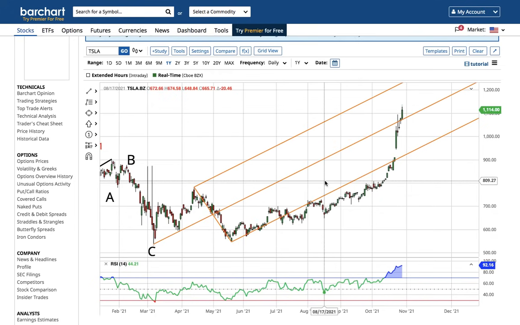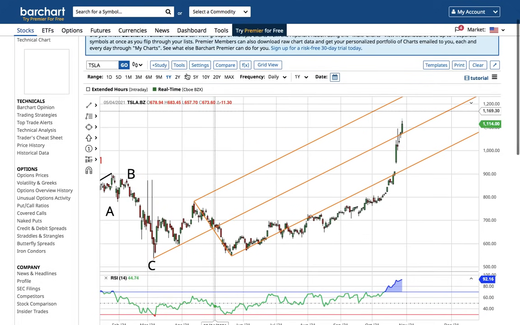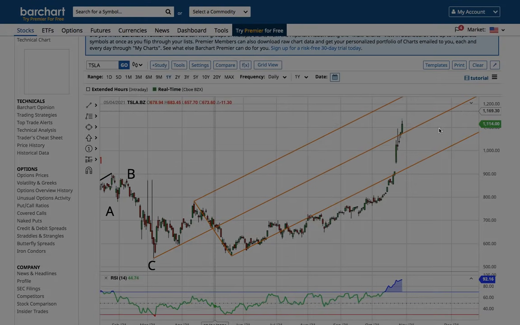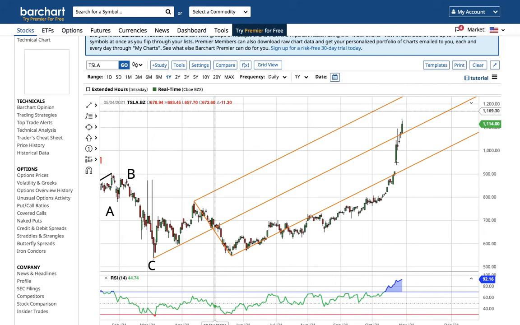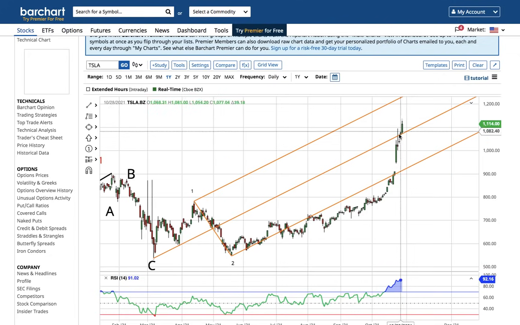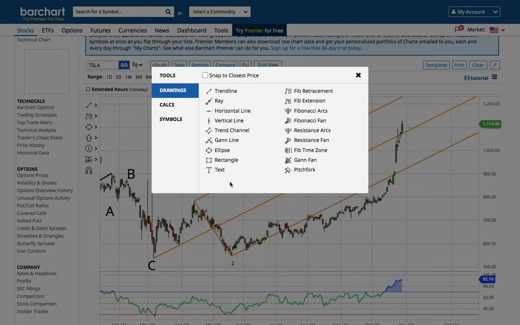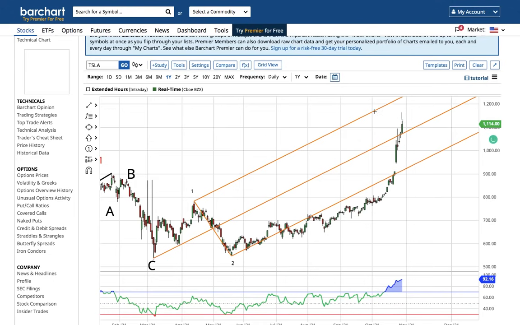And if you look at the pitchfork right now, Tesla's at the median of this pitchfork. What I've seen before is that something ridiculous will happen. Tesla will go all the way to the upper bound of this pitchfork. Okay, so that could certainly happen. That's not really my primary expectation right now, but Tesla could go all the way to the upper bound of this pitchfork in one move. It could certainly do that. That's why I wouldn't short this.